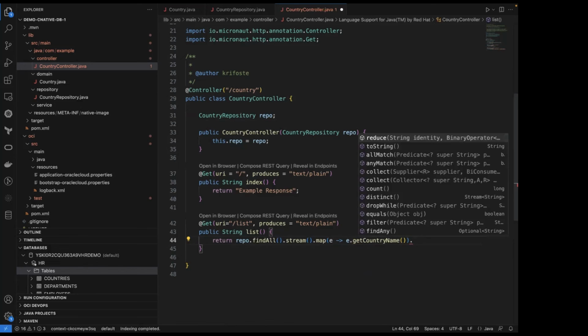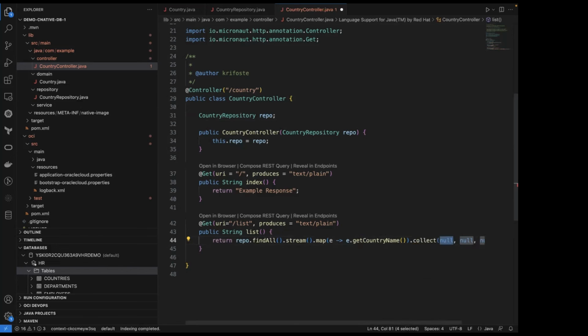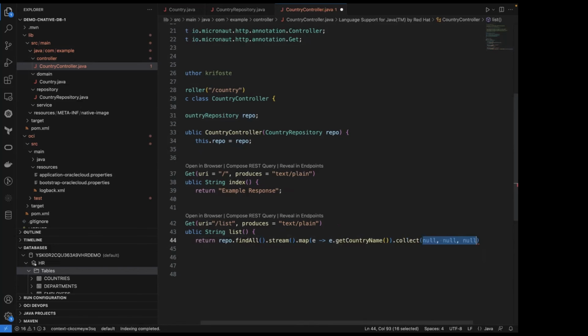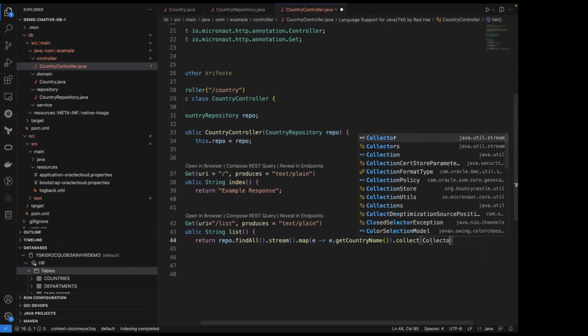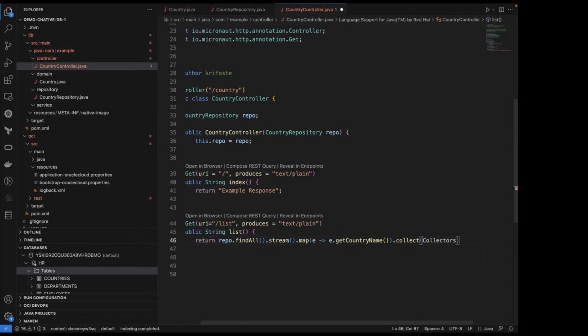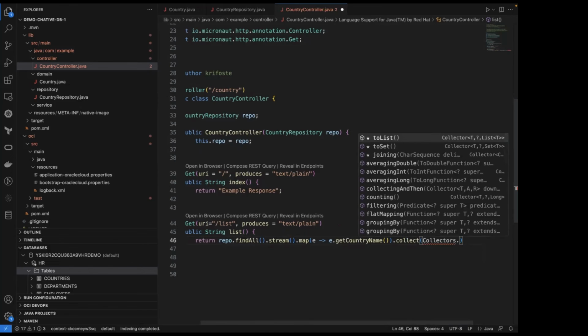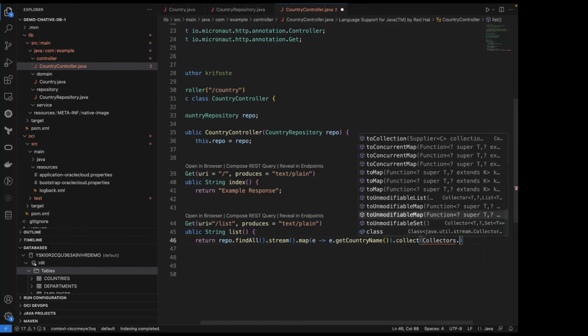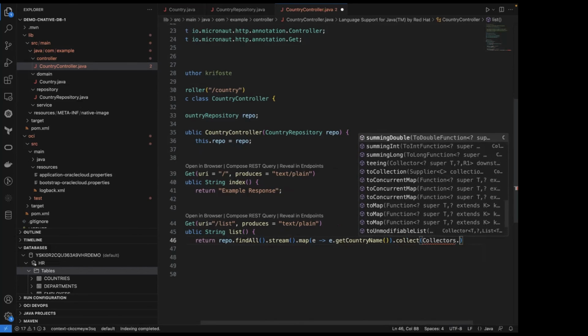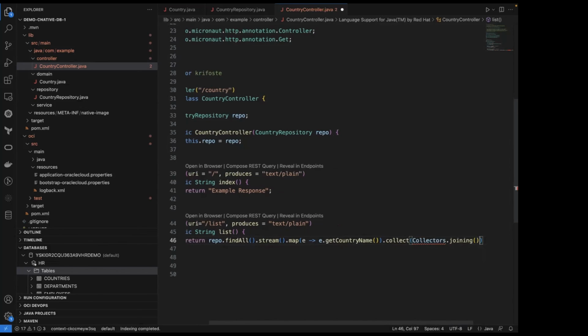And then I think it's collect, and I've hit the wrong one there, but it's Collectors, and which one is it? It's joining.